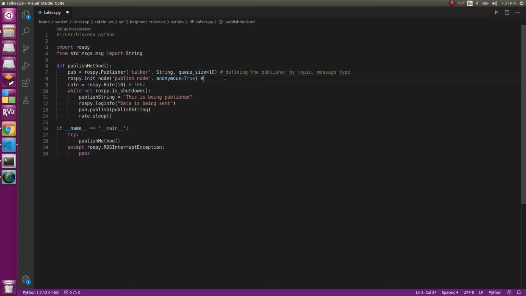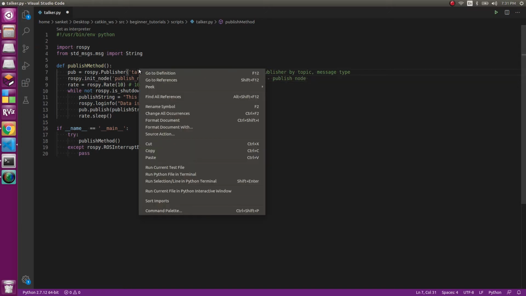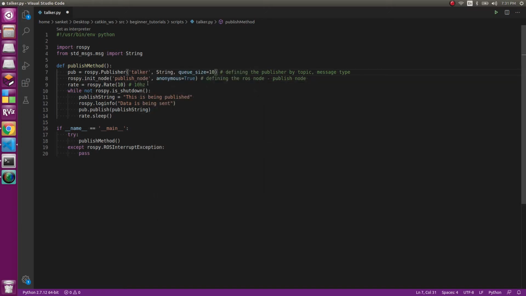Next thing is initializing the ROS node. Here we have it as publish node. You can name it anything. Same with talker, you can name the topic anything. This is the frequency at which the publishing occurs.